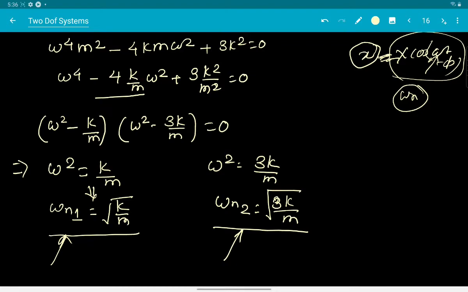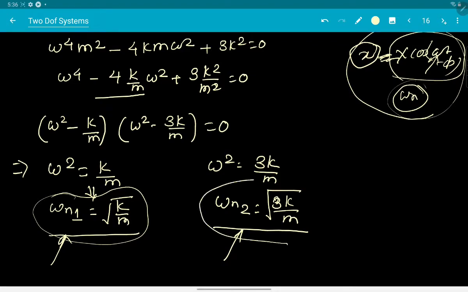However, in this case, when we have a 2 degree of freedom system, we again started with the approximation that both displacements x1 and x2 are harmonic and synchronous. So for synchronous harmonic motion of x1 and x2, or the two masses, we ended up with two frequencies. Similar to one frequency in the single degree of freedom system, we now get two frequencies, which are called the two circular natural frequencies, the fundamental frequencies of this system.